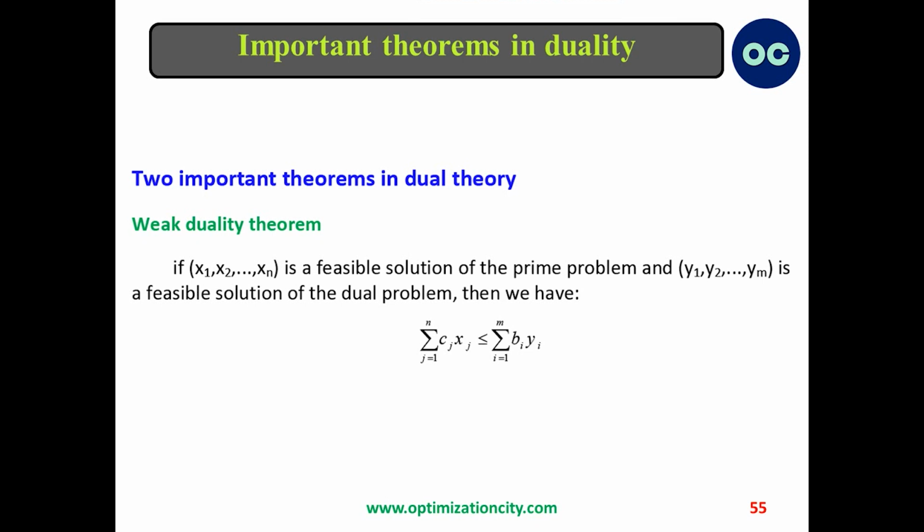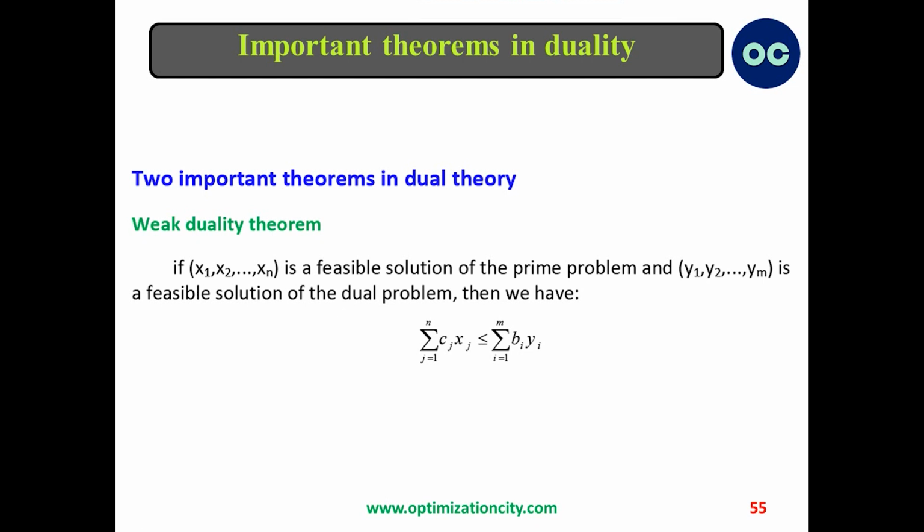In other words, the prime model provides a lower bound on the objective function of the dual model, which is stated here. If x1 till xn is a feasible solution of the prime model, and if y1 till ym is a feasible solution of the dual model, then we have the following